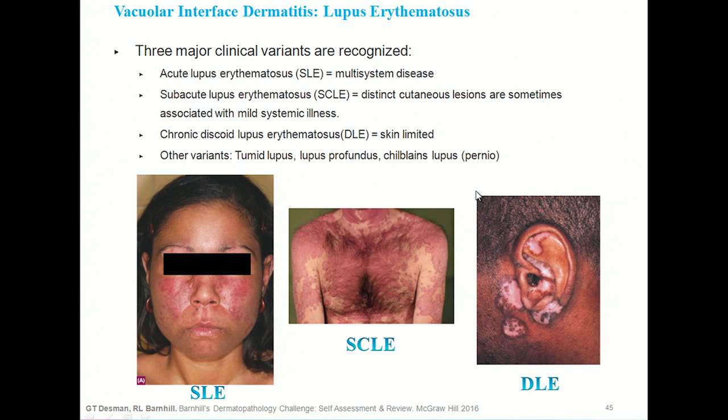Vacuolar interface dermatitis, the prototype is lupus. There are 3 major clinical variants that are recognized with lupus. Acute lupus, which is associated with multi-system disease. Subacute lupus, which has distinct cutaneous lesions and is sometimes associated with mild systemic involvement. Chronic discoid lupus, which is skin limited, and then other more rare variants such as tumid lupus, lupus profundus, and